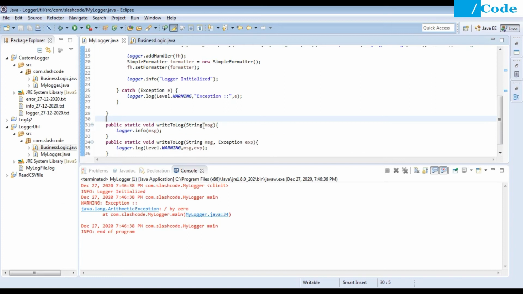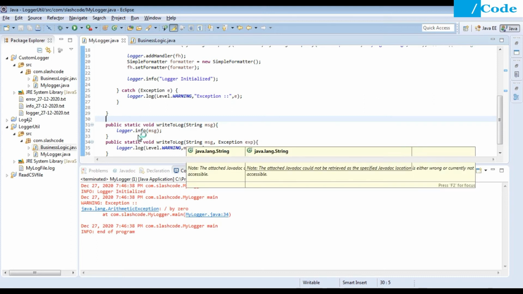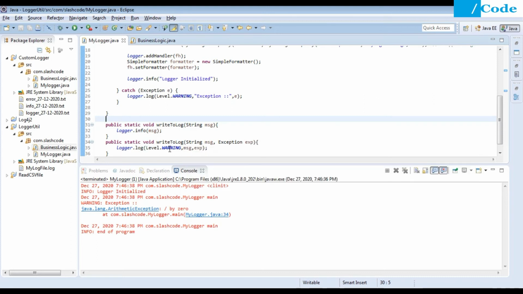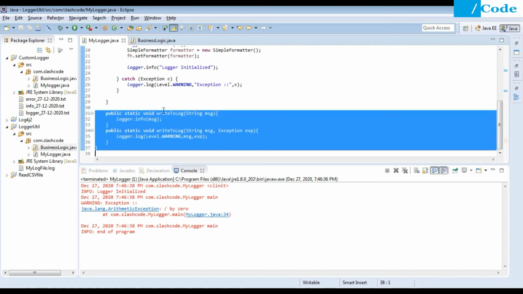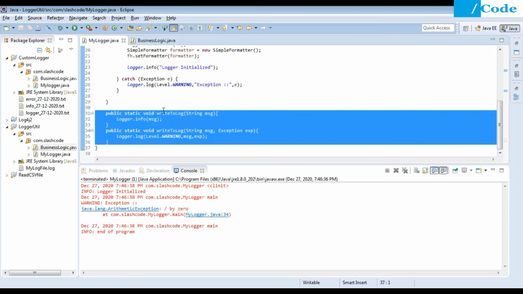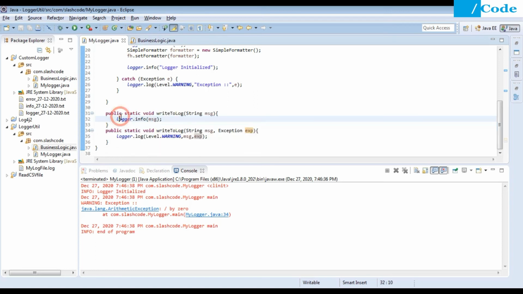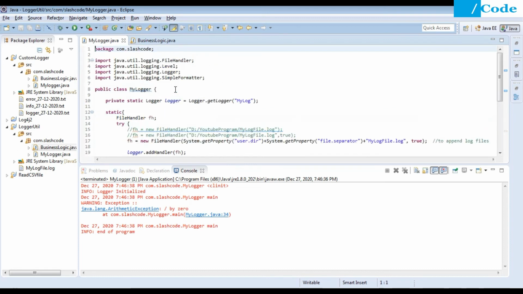Inside that I need to pass the message, this will be logger info. If any exception is there, I have already overloaded it with the message and exception, here exp, and we are going to pass the warning as message and exp. I have just created two more functions which can be accessed outside of this class. These are public static void methods, so they can be accessed outside of this class.